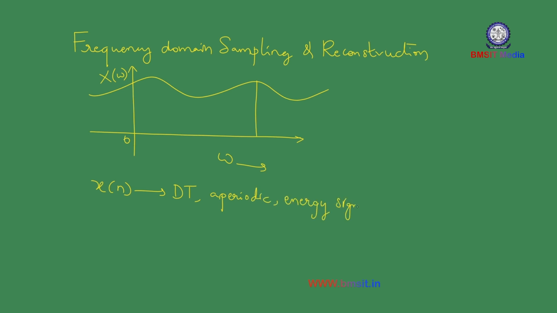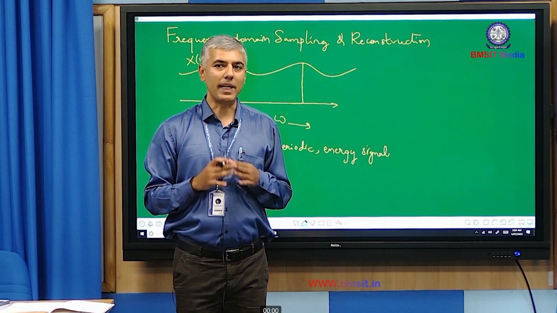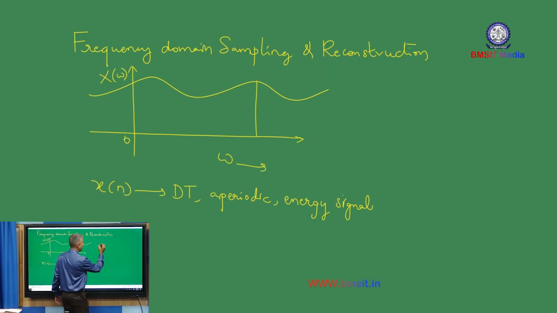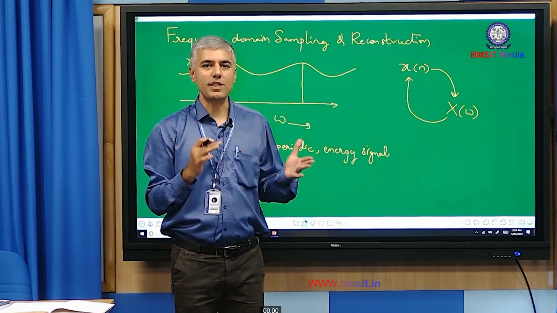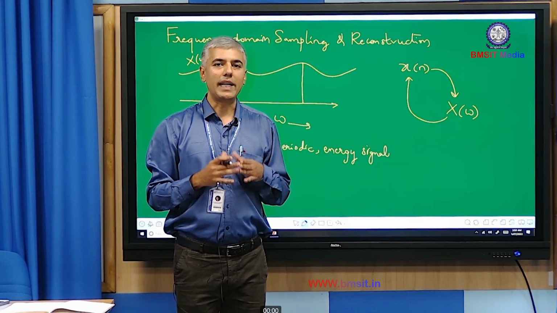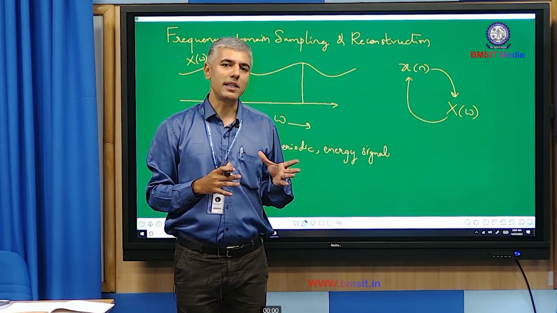In this section, let us look at the possibility of the frequency domain sampling and the reconstruction of the original signal. That is, is it possible to get x of n and from that obtain x of omega, and from x of omega is it possible to get back x of n? If we are able to do this transition from time domain to frequency domain, then we can rely on this tool. Of course, it has been proved. Let us look at this